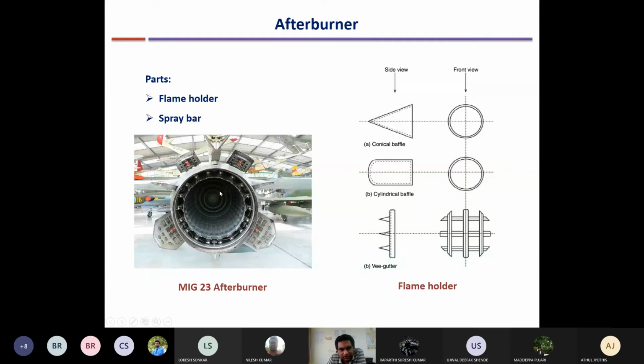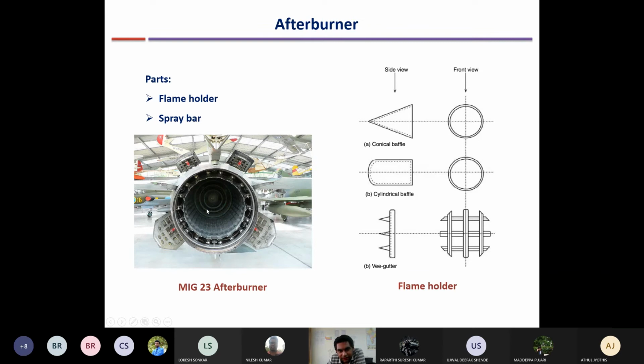It's somewhat like a combustion chamber, and there are two things that are present here. One is the spray bar. Spray bars are nothing but regions which have multiple fuel injections, not very visible here. When you come here, you see our MiG-21 engine, or you see some YouTube videos. There are fuel injectors surrounding this periphery. So surrounding this circumferential bar, fuel is injected along these points from all directions, and it is ignited and it gets combusted.